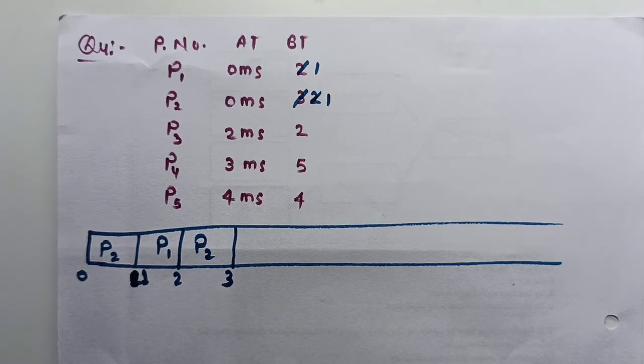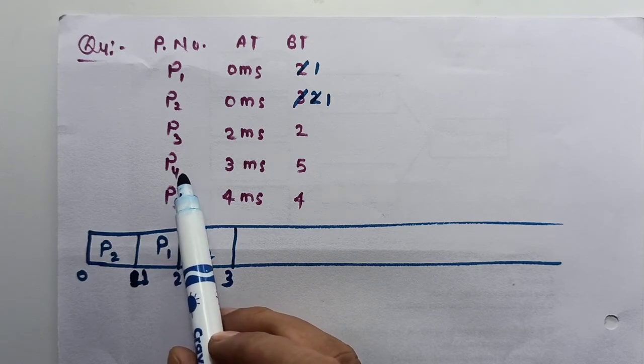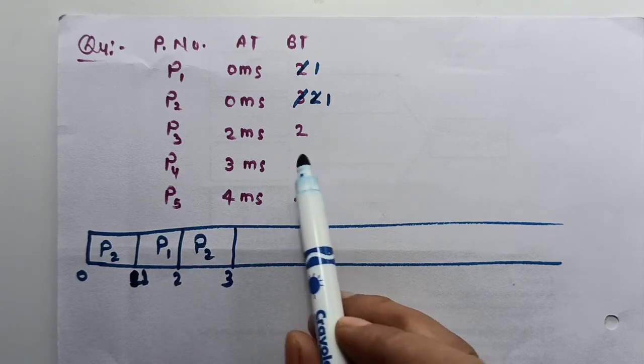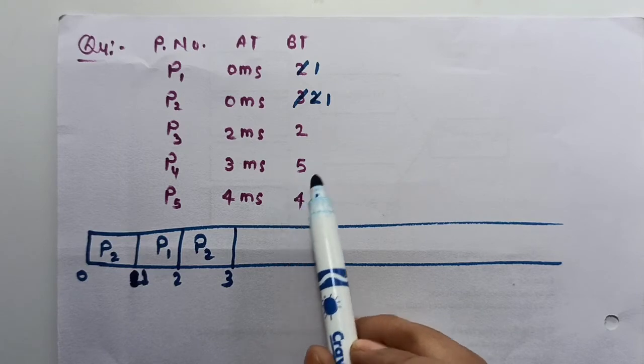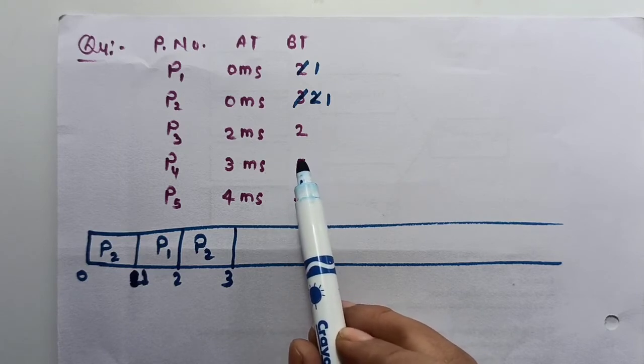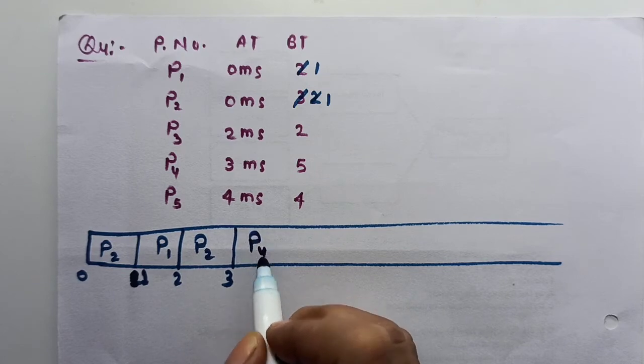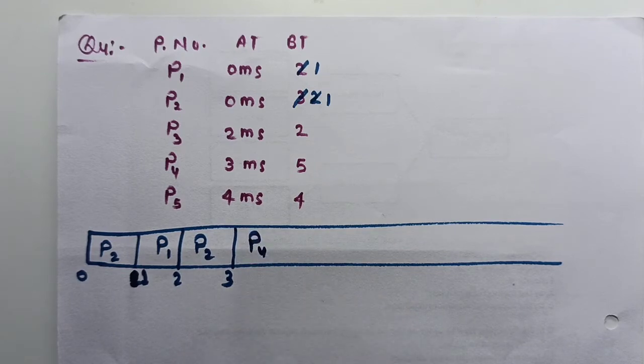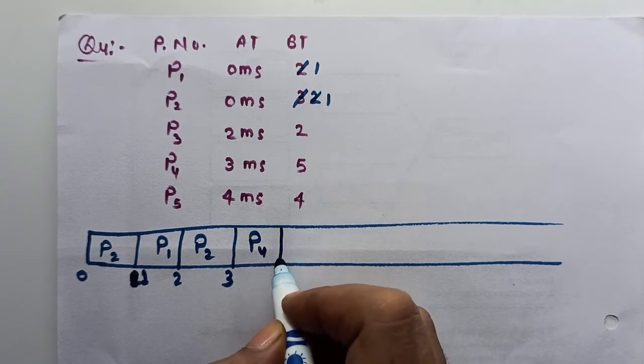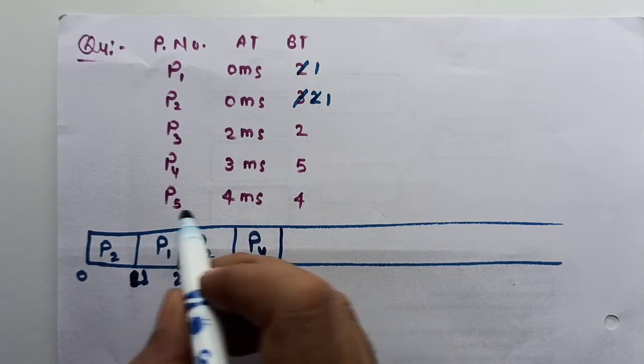So at time 3, another process is there in the ready queue, and it is having the highest burst unit. So the criteria is to allocate the CPU to the process which is having the highest burst unit. So we will allocate process P4. Now this process P4 will execute for how much time? It may execute longer, but we have to wait at time 4 because there is another process coming in